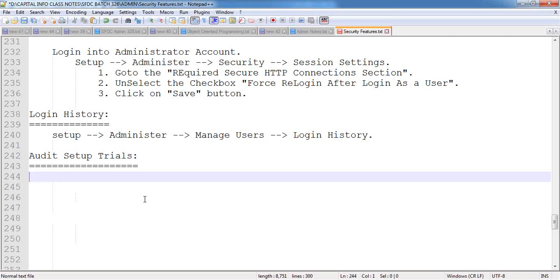Tomorrow I will be on vacation. I'm on leave tomorrow. So in this case, tomorrow, if the Salesforce administrator has logged into my application with that login option, and if he did any malfunctioning, then how can we track? How do we know? If I'm absent, if I'm not present, if I'm on vacation,